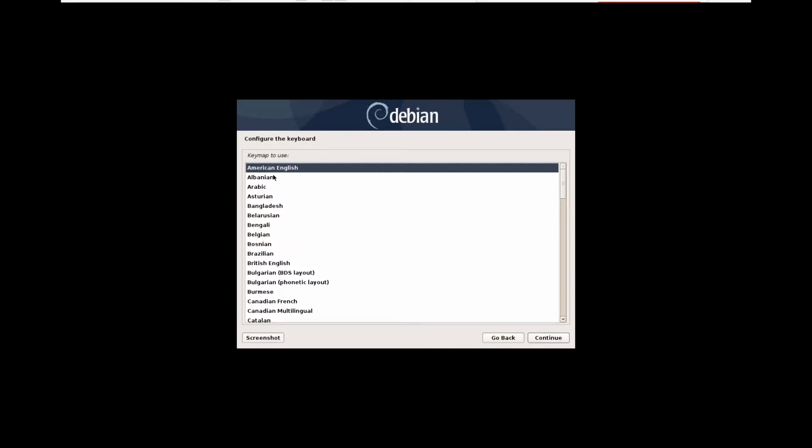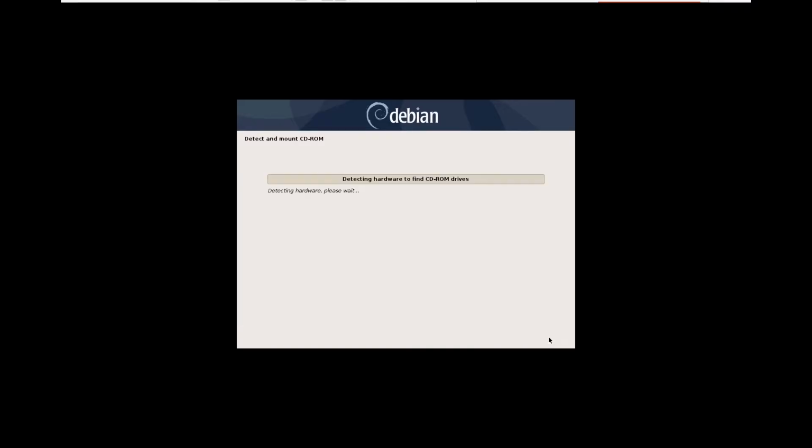Now I will choose the keymap to use for configuring, American English. It will take some time for detecting and configuring all the necessary setup for installing the operating system Debian 10.